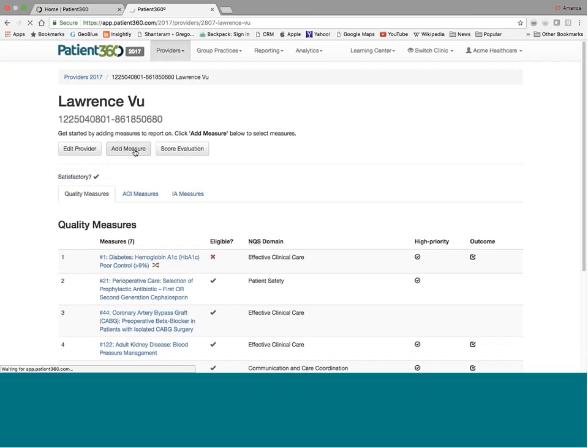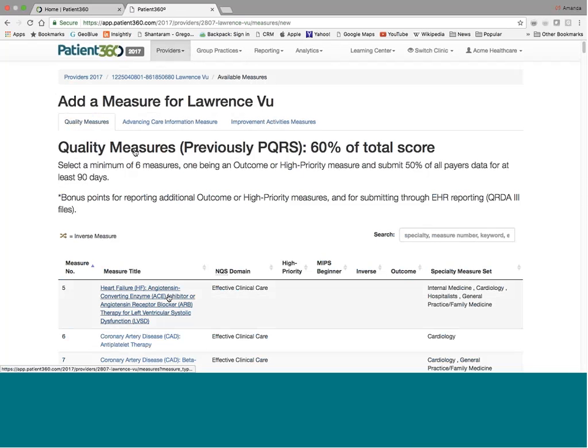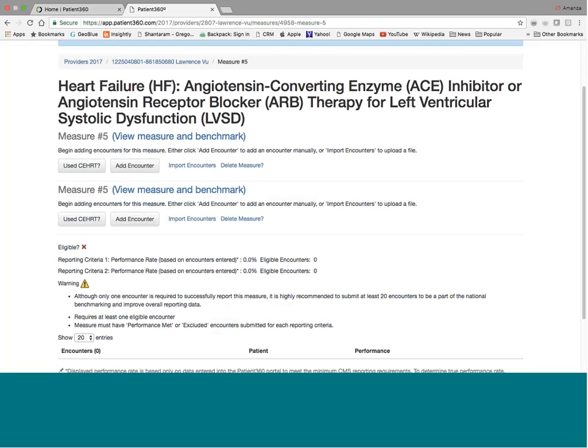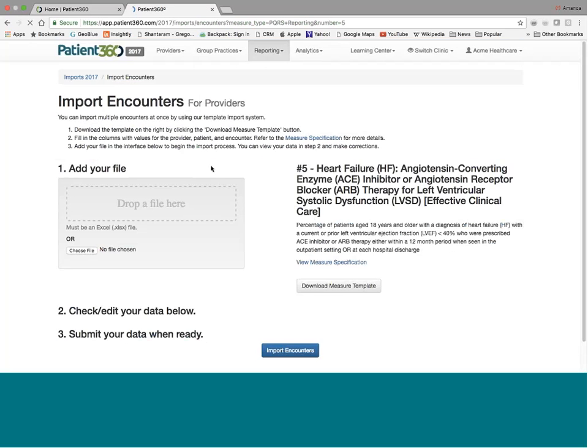Most folks, when they're adding measures, if you're adding lots and lots of multiple encounters, so let's say you have more than just a few for the whole year, which many of you will because you're probably reporting on the 90-day or the full PACE option, you're going to go ahead and import your encounters. We provide you with easy measure templates and specifications. The template is an Excel file. It's simple to add all of your data to the Excel file, upload it here in our portal, and then